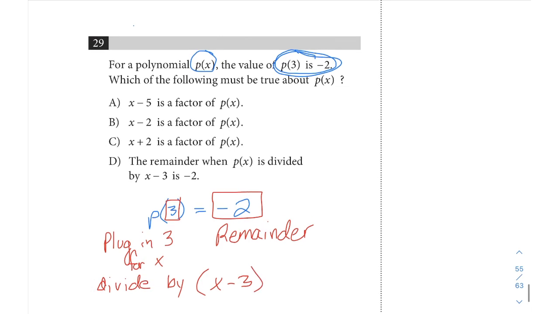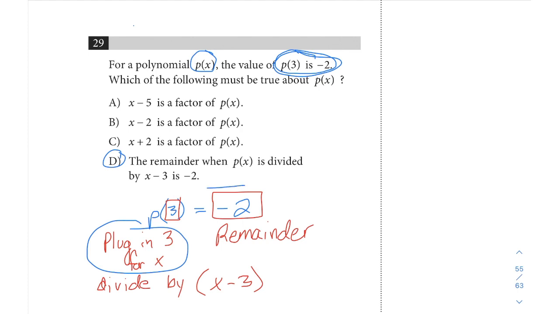So if that's terminology or phrasing that we haven't seen before, then unfortunately there's not a lot we can do to try to navigate this question. But as long as we do understand what that phrasing means, when they say the remainder when p of x is divided by x minus 3 is -2, all that they're saying is that if you were to plug in a 3 for x, you would get -2